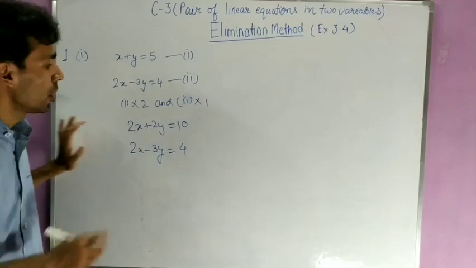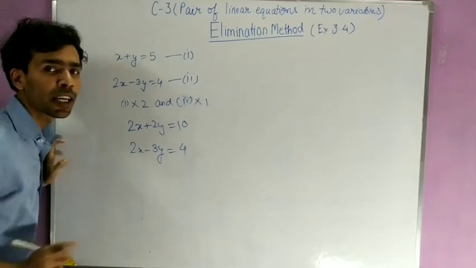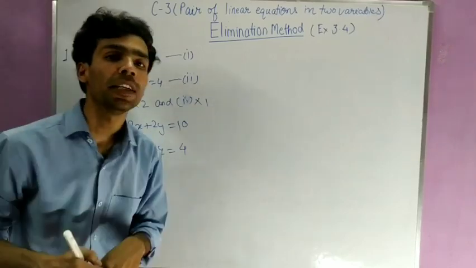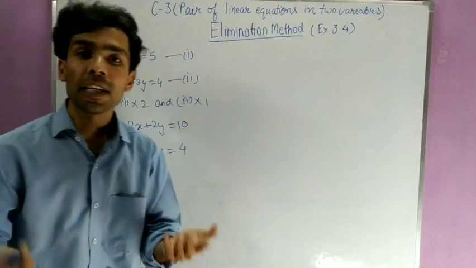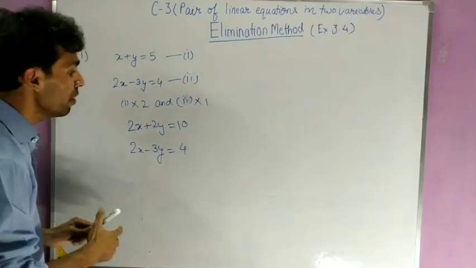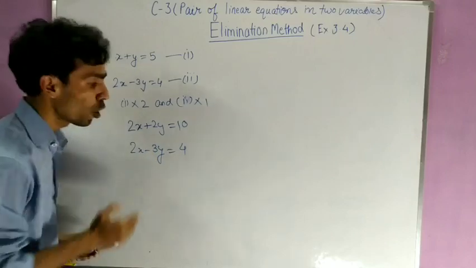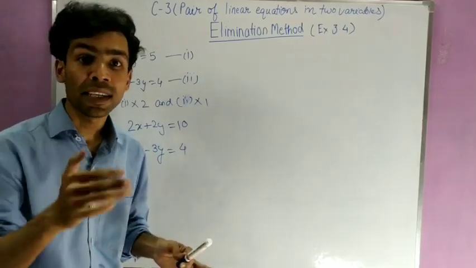So what we will do, see, here is plus, and here is also plus, both having the same sign, but we have to eliminate. So whatever variable you want to eliminate, if it has the same sign, then we will subtract these two equations, because both are plus, so plus plus cannot be cancelled, but plus minus will be cancelled.